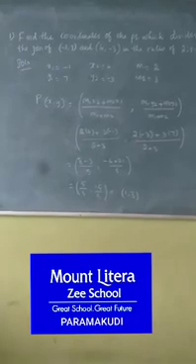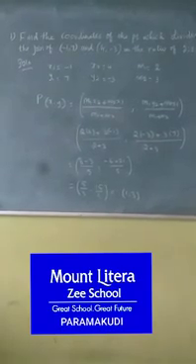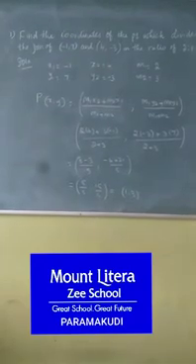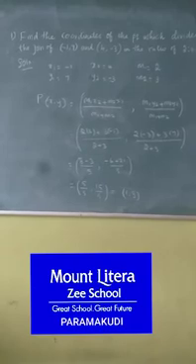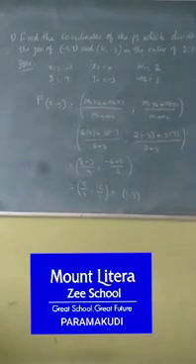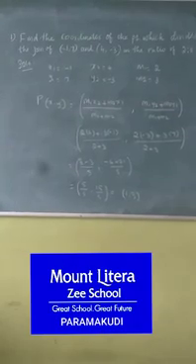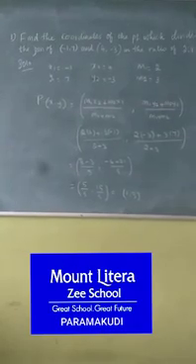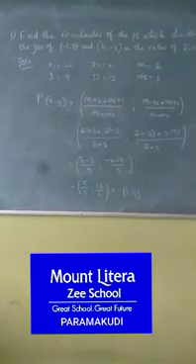We know very well the first point is (-1, 7), so x1 is -1, y1 is 7. The second point is (4, -3), so x2 is 4, y2 is -3. And the ratio is 2:3, therefore we write m1 and m2. Here we may have some doubts. What is m1, m2? The first ratio is m1, the second ratio is m2. So 2:3. Now write the section formula.